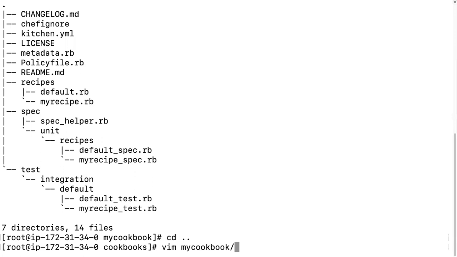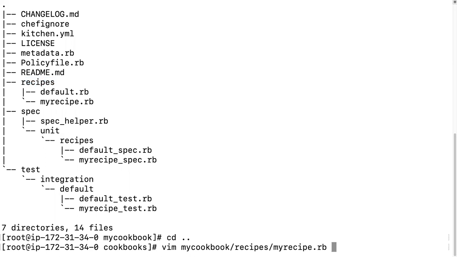My recipe name is my recipe. This is the recipes folder, and inside the folder there are two files. My recipe name is my recipe.rb.